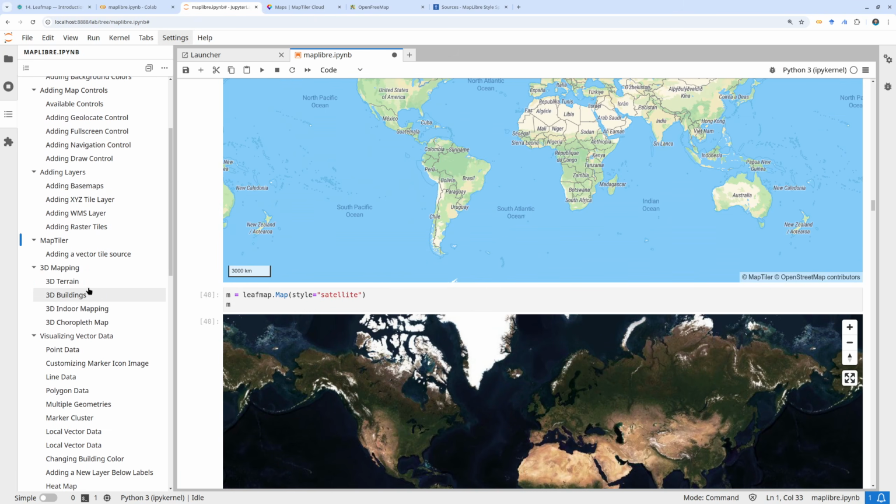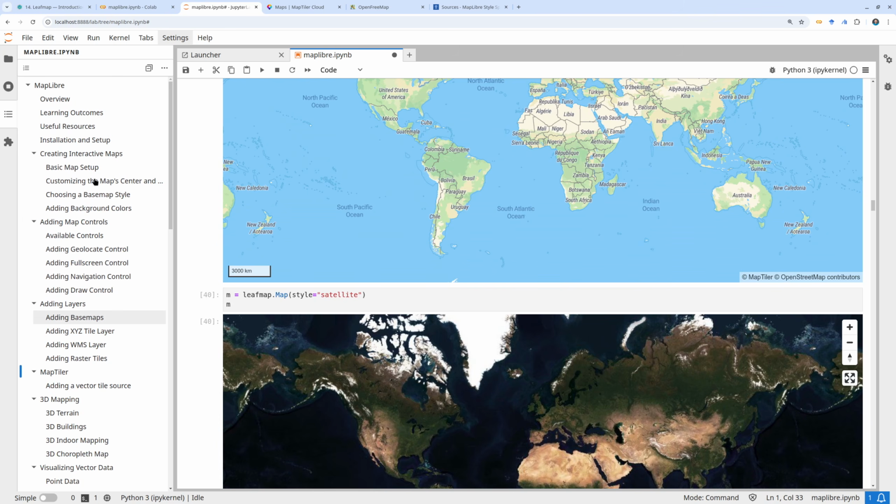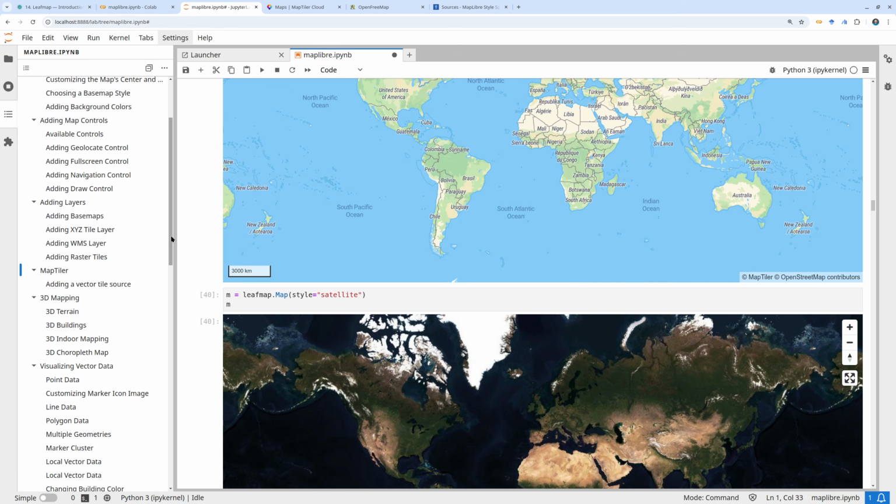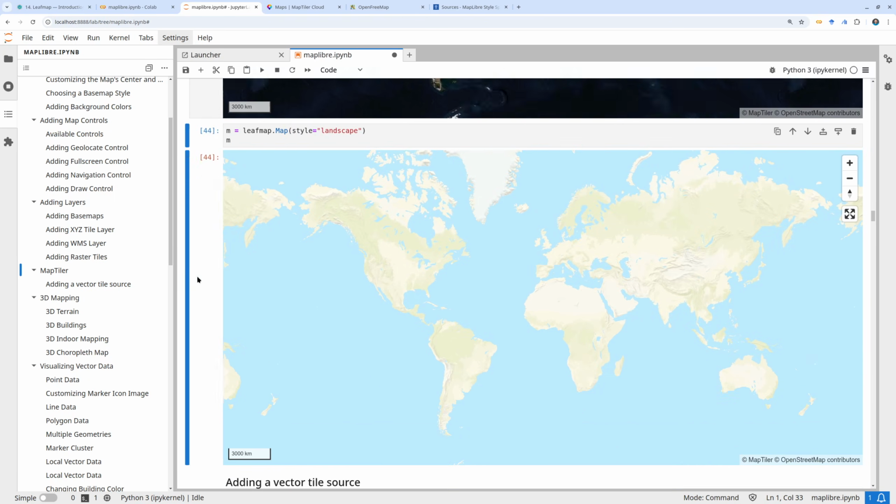If you don't want to create an API key, you can use most of these for free. If you need the 3D, then you use the Liberty style. Otherwise, you can use the positron or the voyager or just the dark matter. The next one you can use is